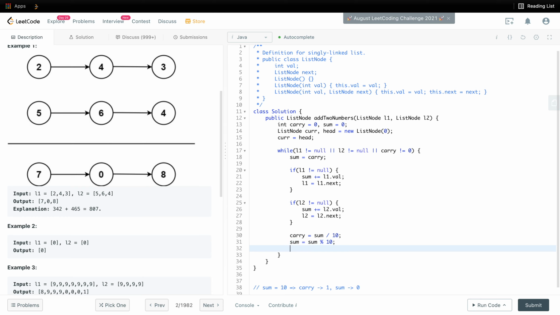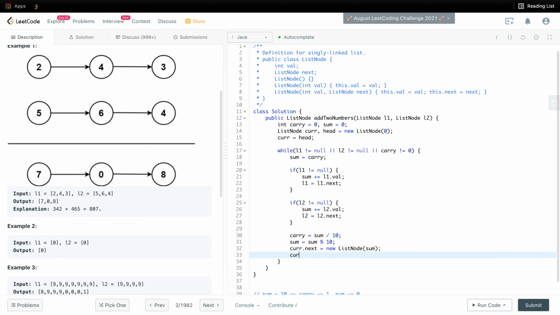Now we'll populate this sum into the actual list. We'll create a new node for it, because for the first reference we are keeping current and head the same, and at the end we are going to return head's next. So we are creating a new node here, and its value will be sum, which we have calculated here.